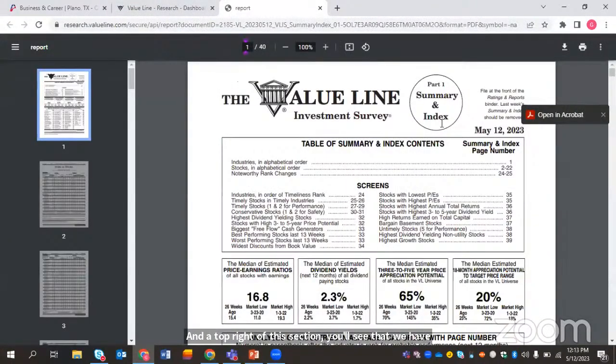And if we click on that, it actually brings up a PDF of the report that you're able to,